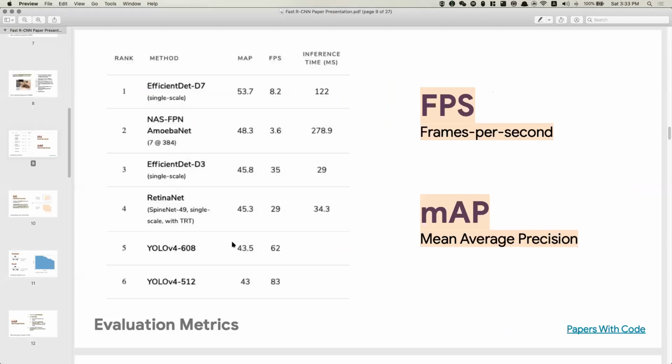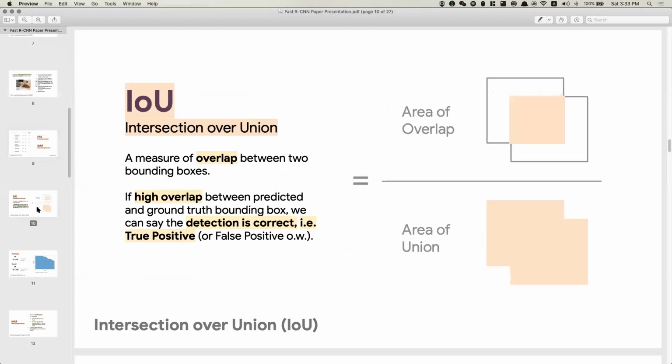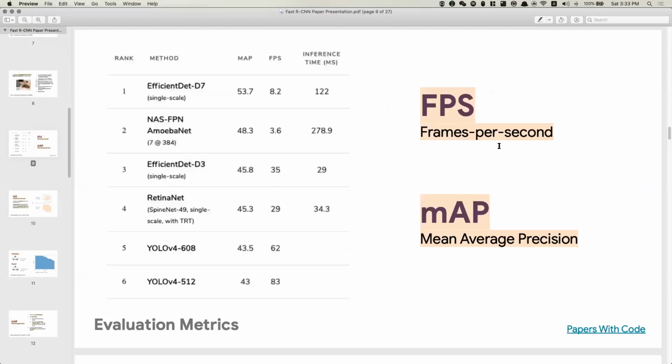I guess FPS is quite intuitive to understand. It's just the number of frames it can do inference on per second. So for mean average precision,